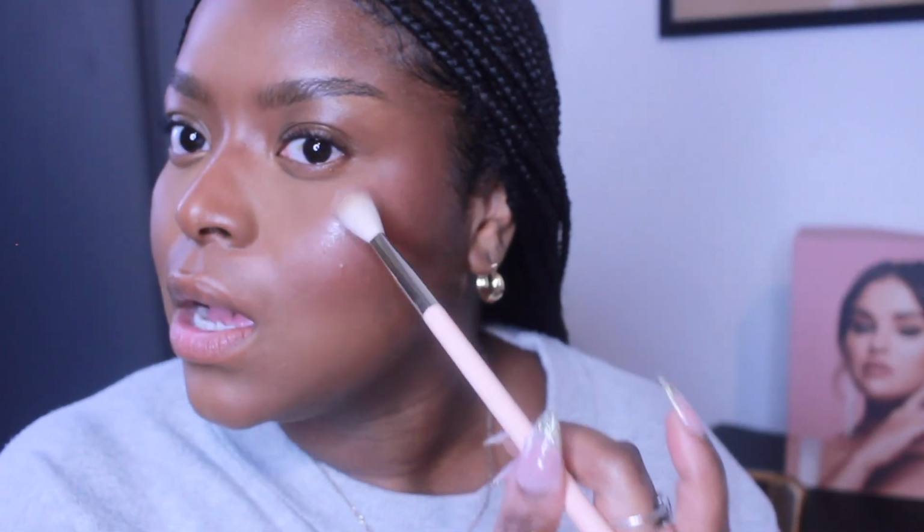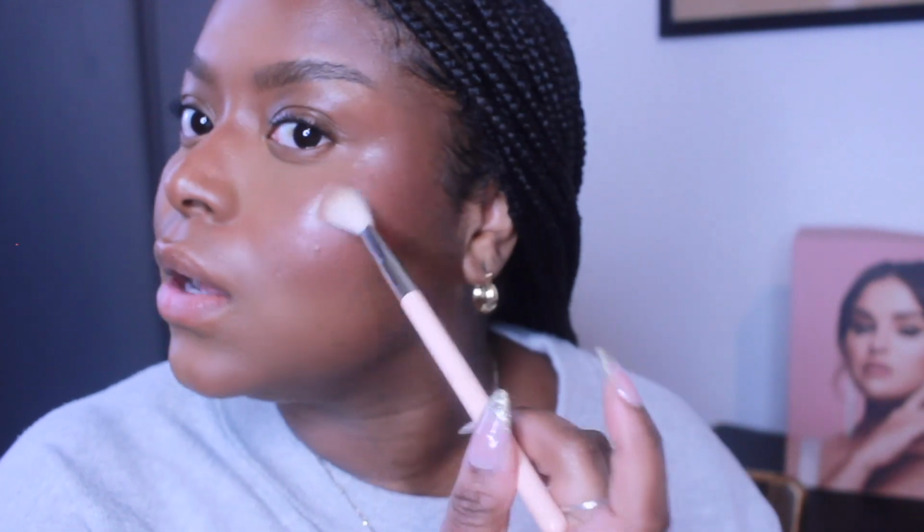Okay, here we go. I'll put this to the side. Now let's go in with Exhilarate. I love that name. I love how positive these names are. I just really enjoy collections that strive for inclusivity and positivity in their products. Makeup is so fun and exciting, but also can make people feel super insecure when maybe they don't feel represented or products aren't made for them. So I love that. And yeah, this highlighter,